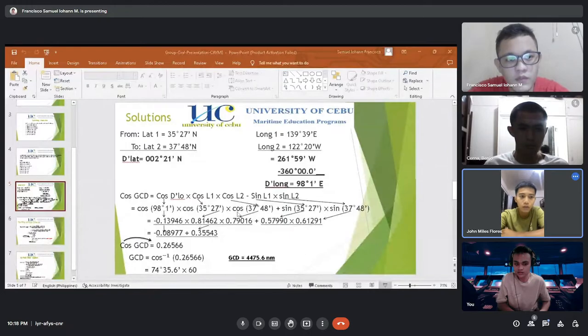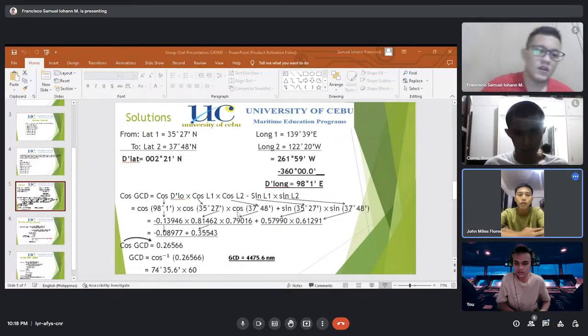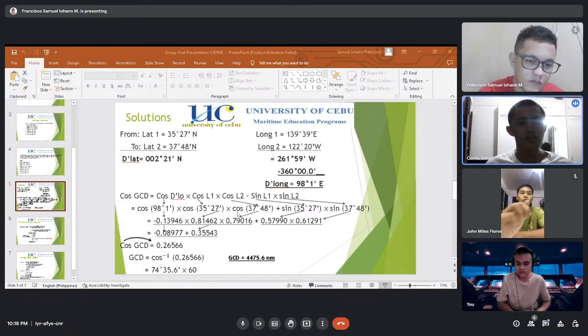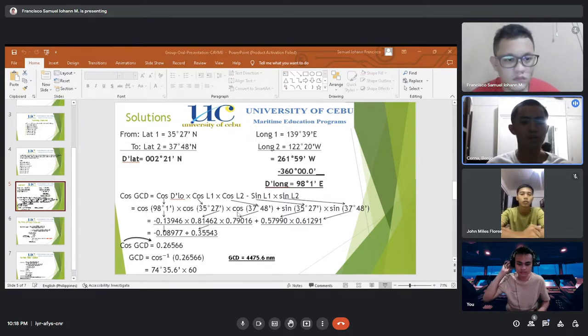So in finding the difference of latitude, you will just subtract, and the name is going to be north, since it is increasing. In finding DLong, we'll add longitude 1 and 2. Since the answer exceeded 180 degrees, we'll subtract it from 360 degrees to get the DLong. And next is getting the great circle distance, which is the